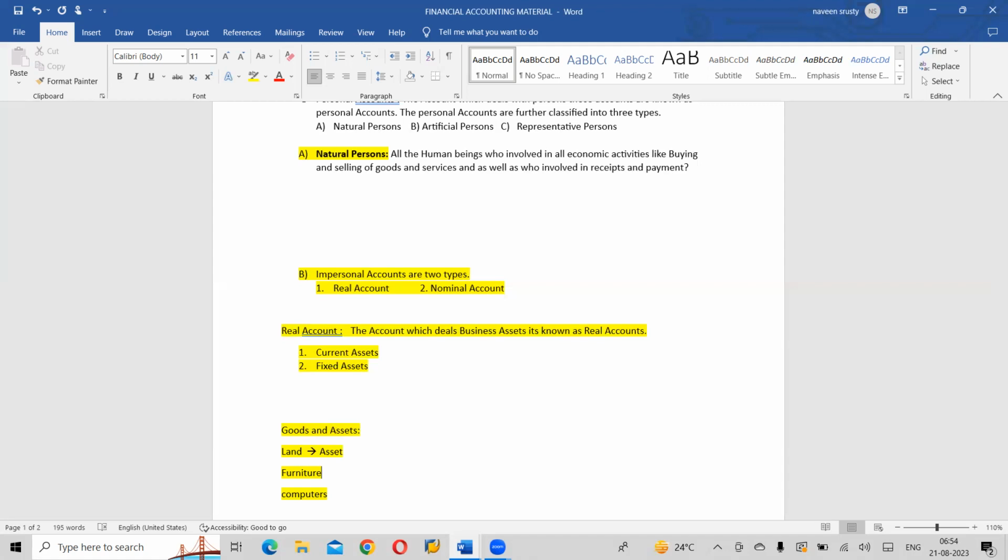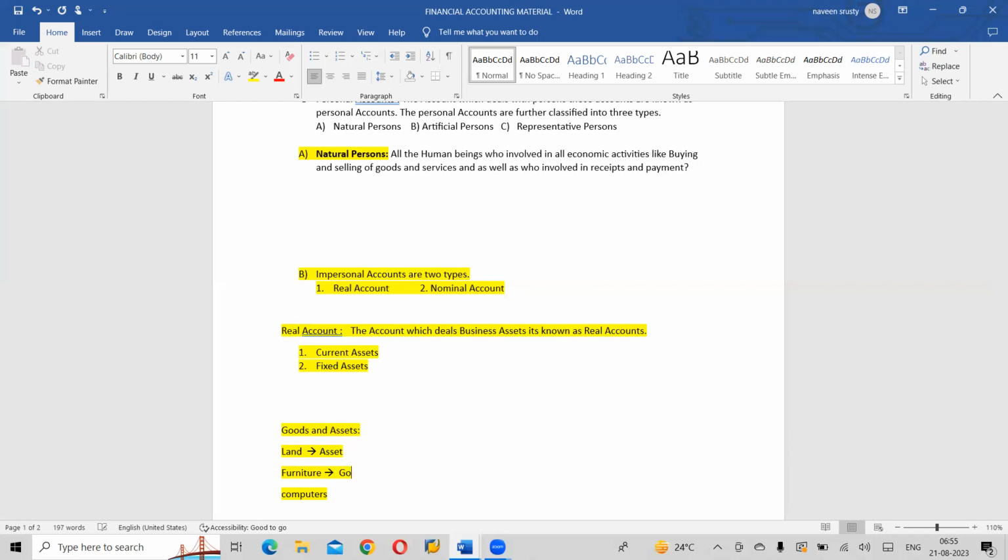Understood? Same thing, furniture. What kind of dealer am I? I'm a furniture dealer. So what are the things I'll do? I'll purchase furniture from someone and I'll sell the furniture to someone. So if I purchased a table, what is my intention to purchase that table? I'm going to resell to someone. Something which we are reselling, and at the time of purchase our intention is that we want to resell it, then that is considered as goods.